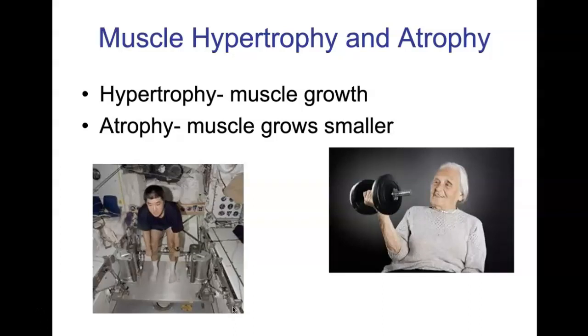So anytime that we activate our muscles by building the muscle, we can do this by lifting weights. It's actually recommended to perform this type of anaerobic activity a couple times a week, as you will learn in your discussion for the week. And then atrophy refers to the muscle getting weaker, and all of our muscles will atrophy at one point in our life. In fact, when we get to a certain age, probably in your late 30s, early 40s,